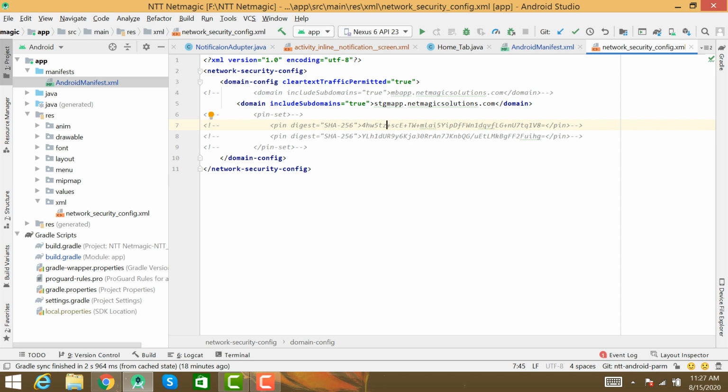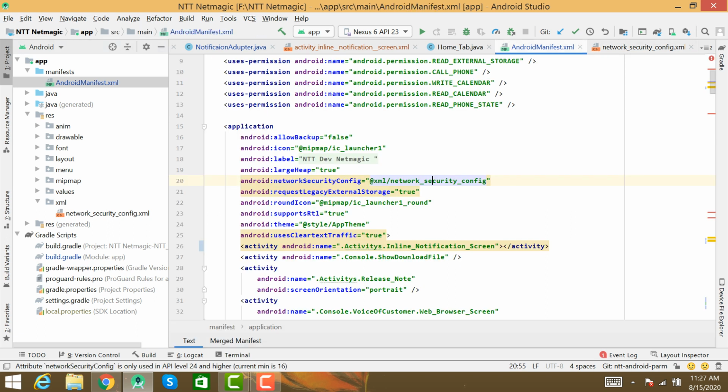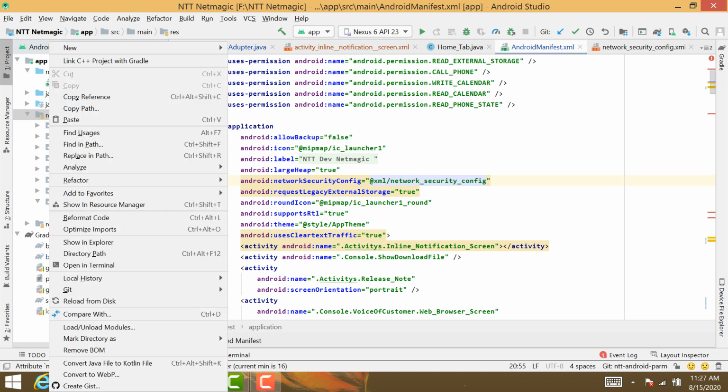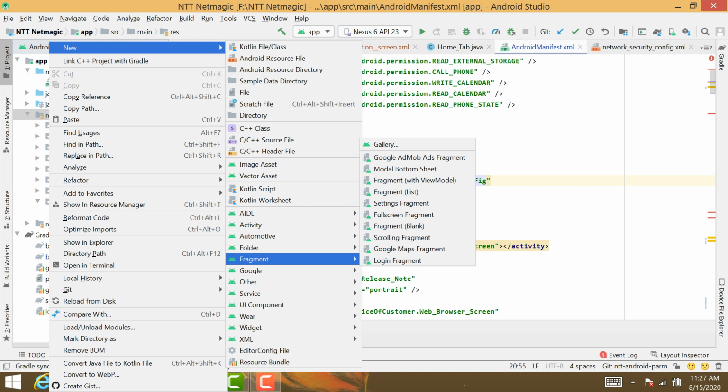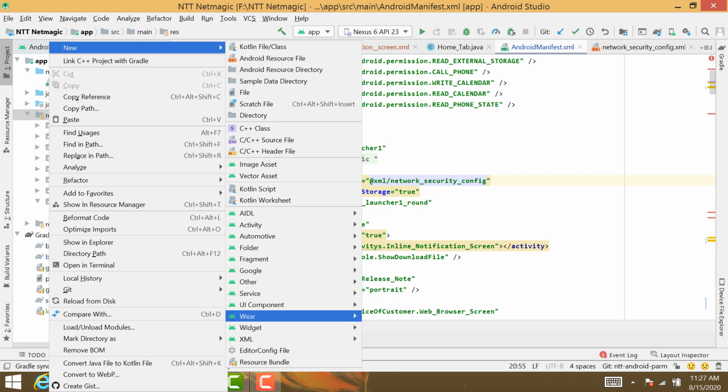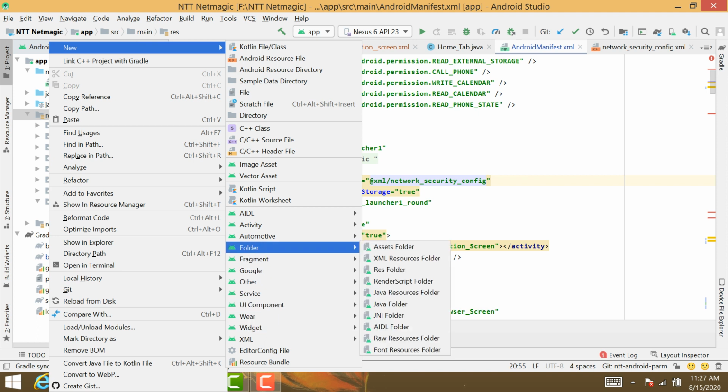Just click on res, and in res click New, then New Folder, XML resource. I require an XML resource folder, so you can create an XML resource folder with the name xml.